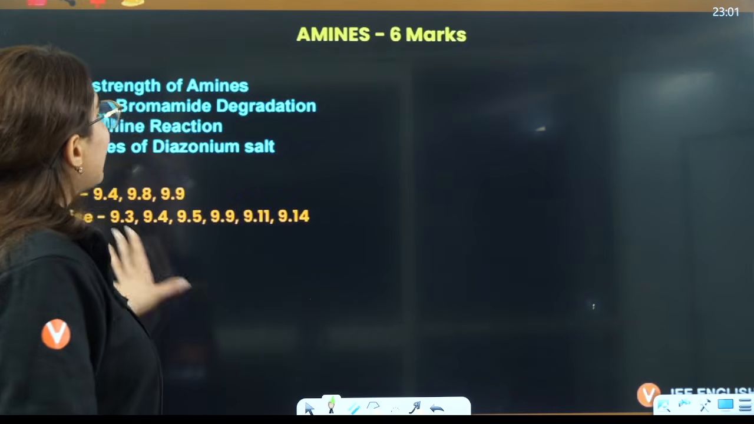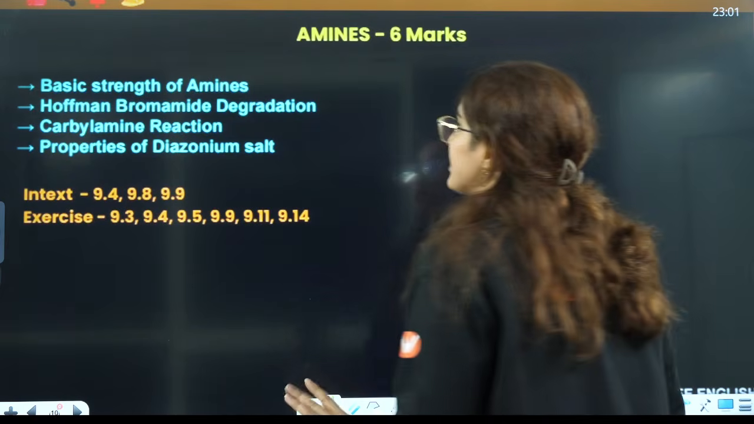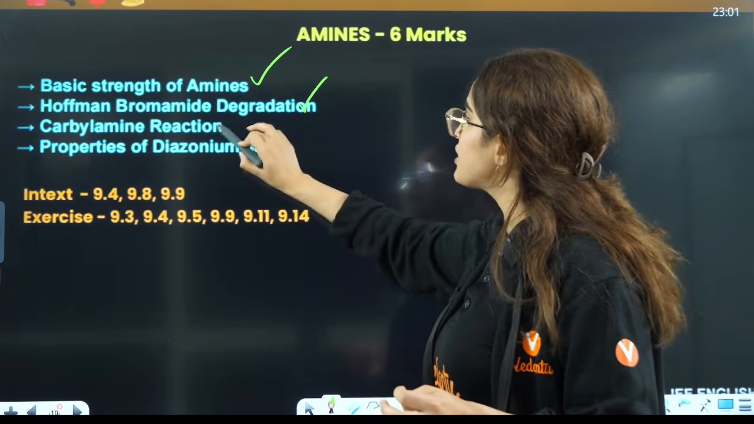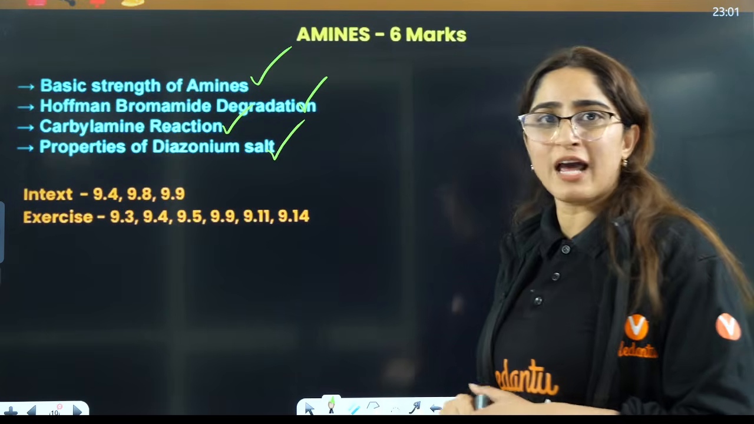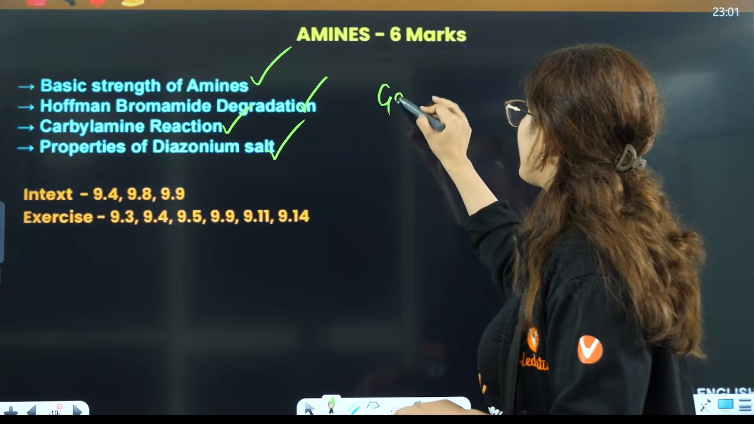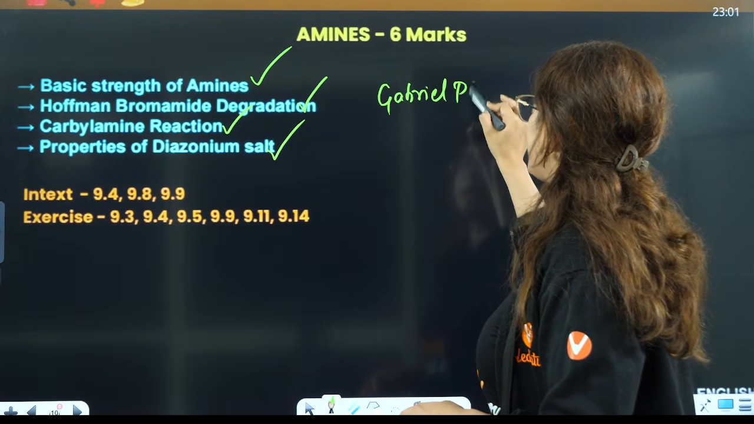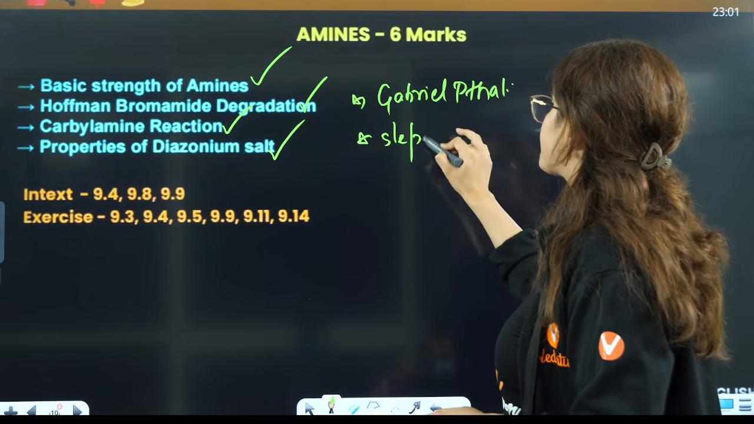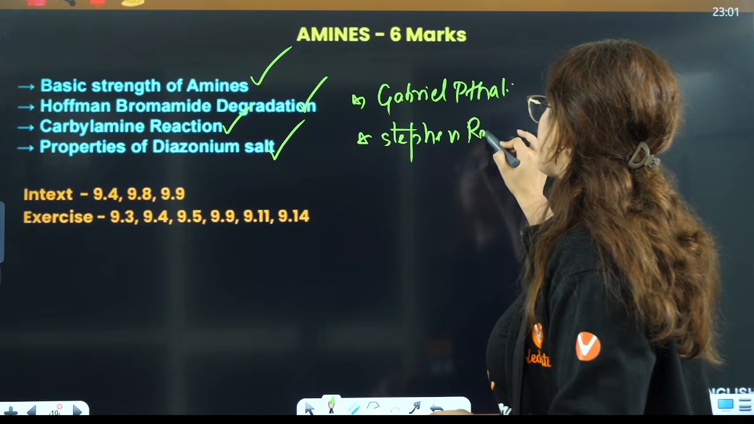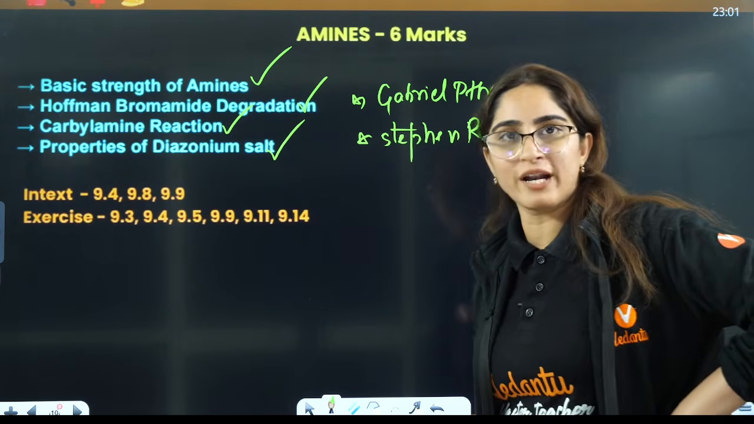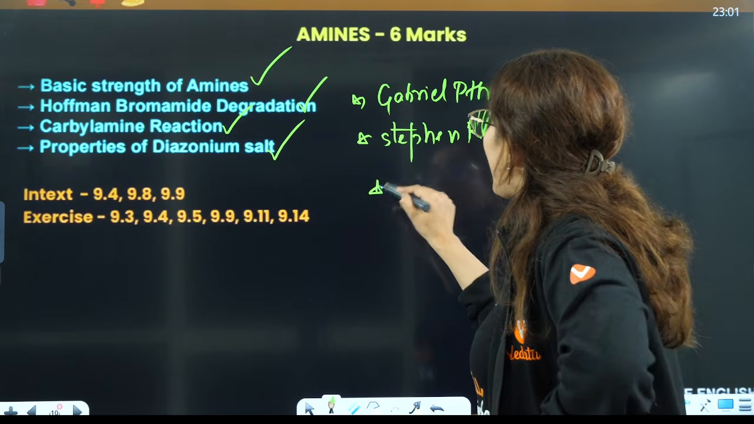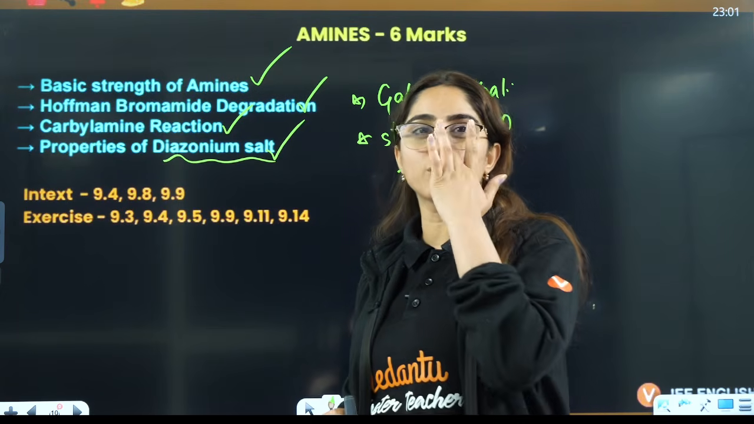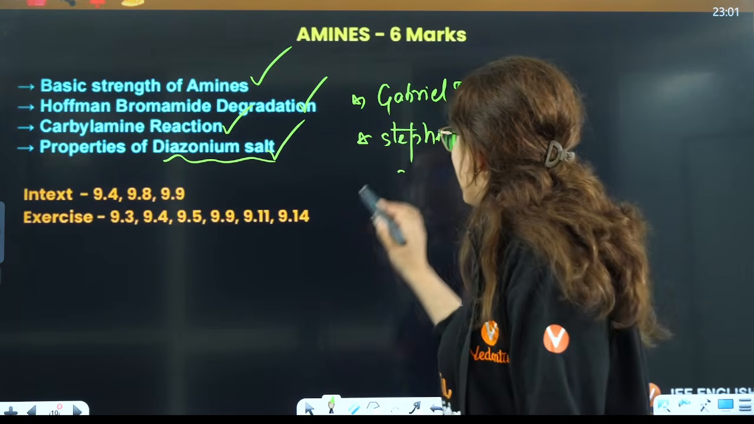Then amines. From here they ask you basic strength, Hoffmann bromamide degradation, carbylamine, properties of diazonium, then Gabriel phthalimide reaction. Then they ask you Stephen reduction. Stephen reduction is also very important. So these are some of the important reactions. Then the reactions of diazonium chloride. All the reactions of diazonium chloride are very important. Then next one is